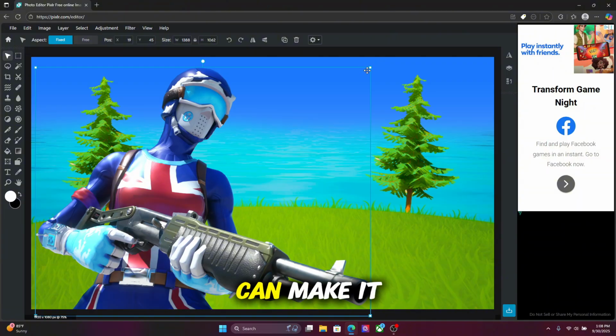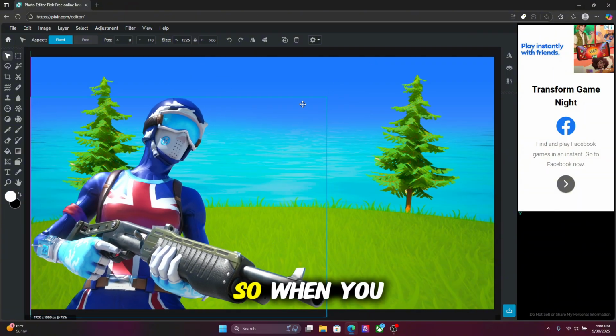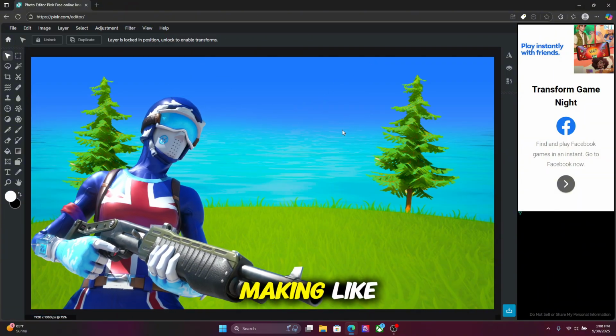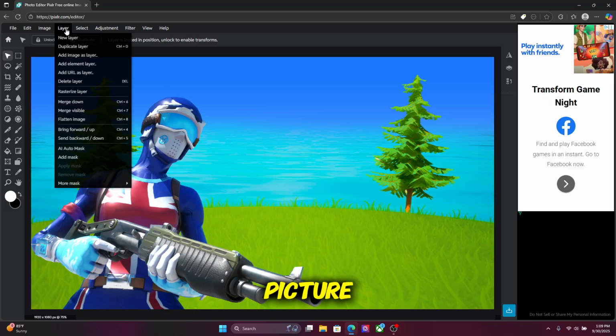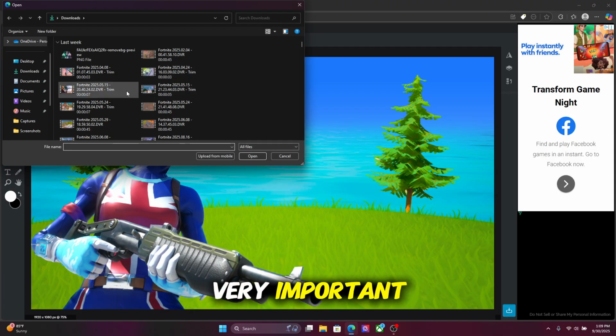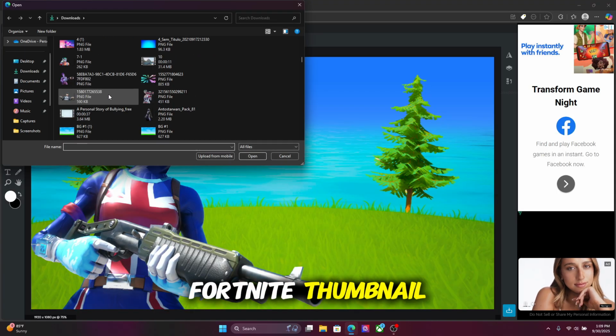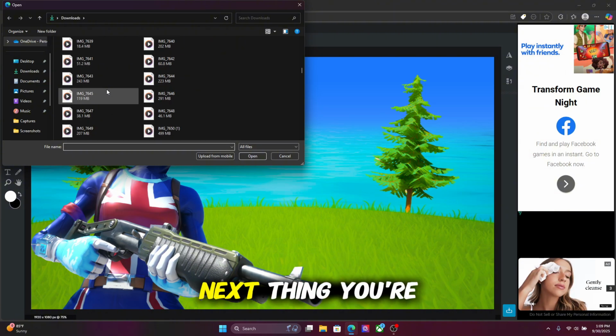Maybe we can make it smaller. When you're making a thumbnail, you also want to consider where exactly you're going to place your Fortnite render in the picture, because placement is very important when it comes to making a Fortnite thumbnail. And then the next thing you're gonna do